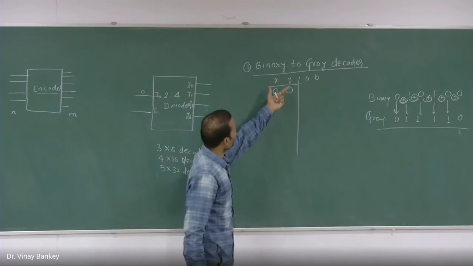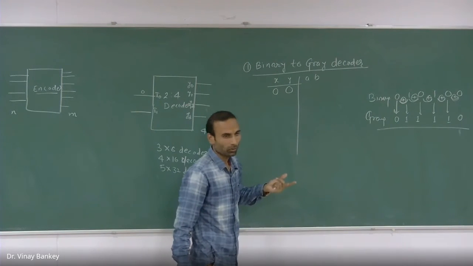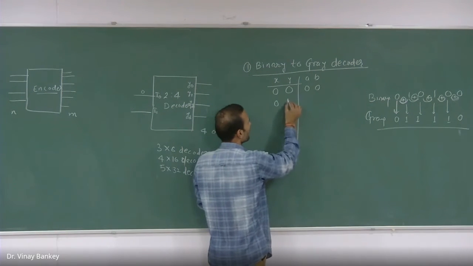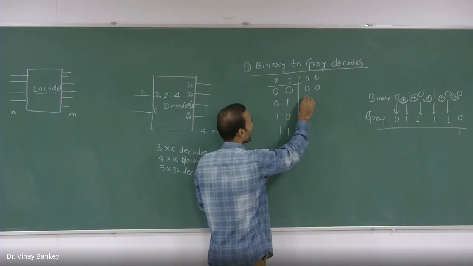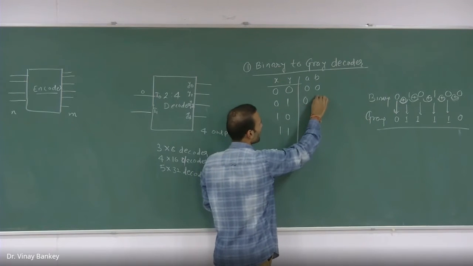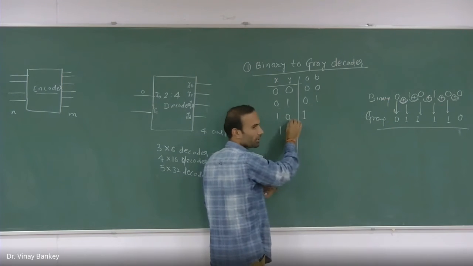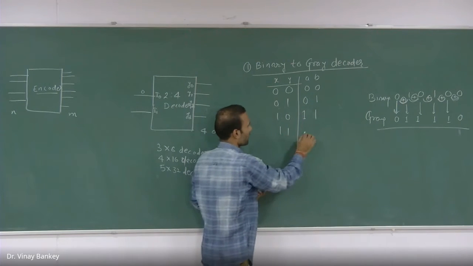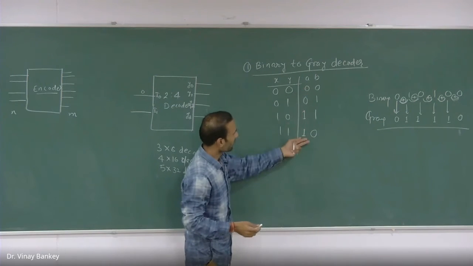Now here we want to convert this 2-bit binary number into this 2-bit gray code. So I will have 0 0, then 0 1, 1 0, and 1 1. So I will write this MSB bit as it is, and then I will perform an XOR operation between these two, and that will be 1. Here I will write this MSB bit as it is, and then XOR between these 2 bits will be 1. Here 1 will be as it is, and XOR between these two will be 0. And this is the way you write in the K-map also.